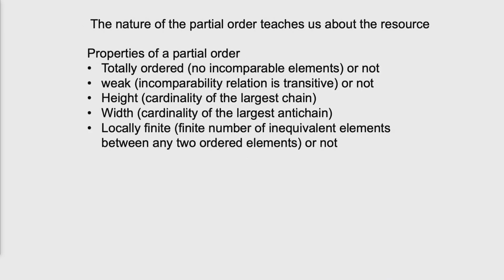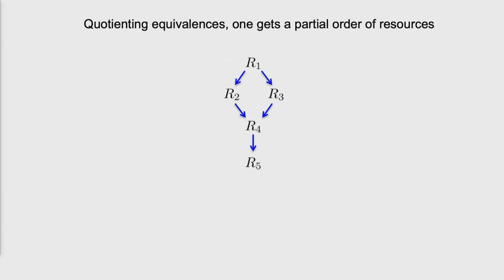Okay, once you've characterized your resource theory as a partial order, different types of resources might be different partial orders. The mathematical theory called order theory is not something we as physicists tend to study, but there are different notions of partial order. One basic question is whether your partially ordered set is totally ordered, meaning that there are no incomparable elements. So unlike the example I had here, maybe it's just a big chain, right?